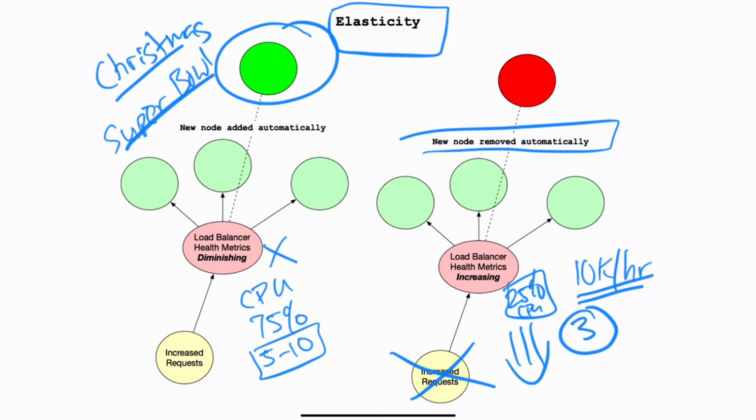And so elasticity doesn't just mean being able to scale out, it also means being able to scale in. And really, what is this all about? Well, this is about money. And if you can optimize the infrastructure of your company so that it scales up and scales down, you as the software engineer are very valuable to this organization because you've automated things that previously took a lot of people to do. And really, this is one of the fundamental ways you're doing the right thing with cloud computing, is that you have elasticity with your infrastructure.